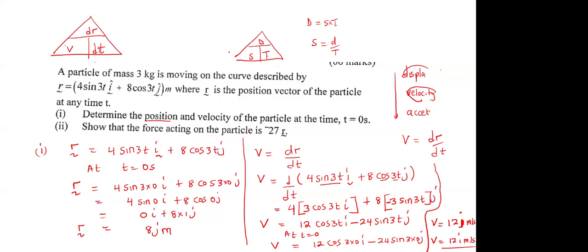Okay. Now the next part, they asked us to show that the force acting on a particle is negative 27 R. Now, what do you need to know? You need to know what is the force. Number 2, you need to know how is force obtained. That force,